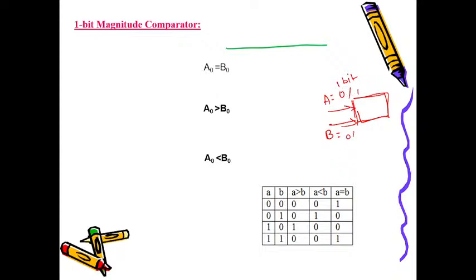B could be either 0 or 1. So how many inputs? Two inputs. How many outputs? Three outputs, because based on three functions you can denote the comparison: A greater than B, A less than B, A equal to B. So that is what I have plotted